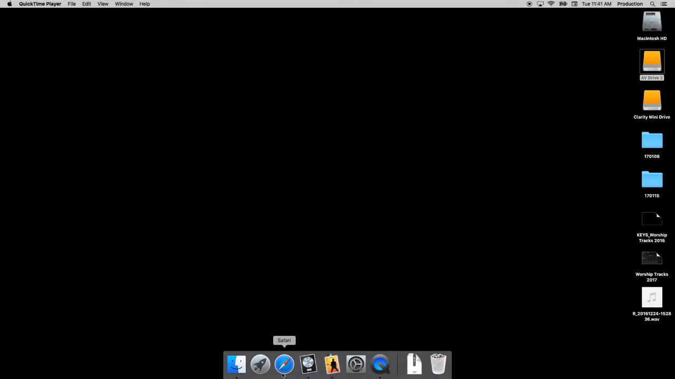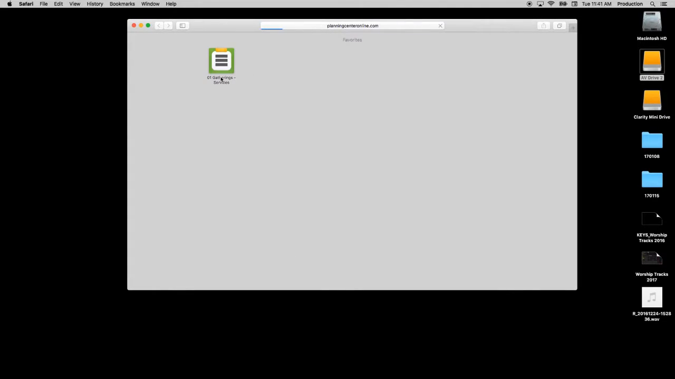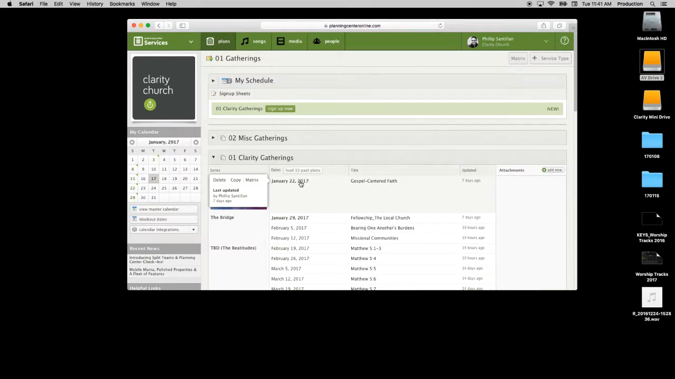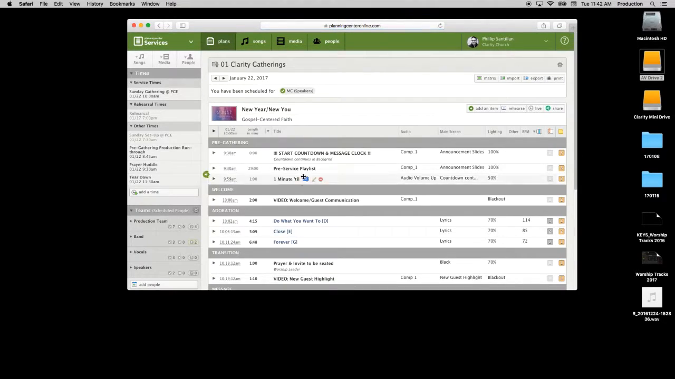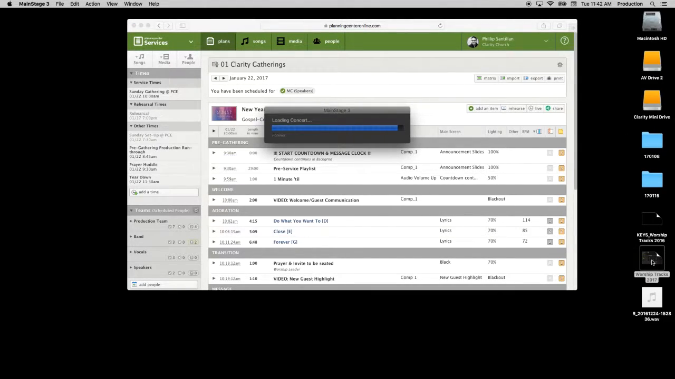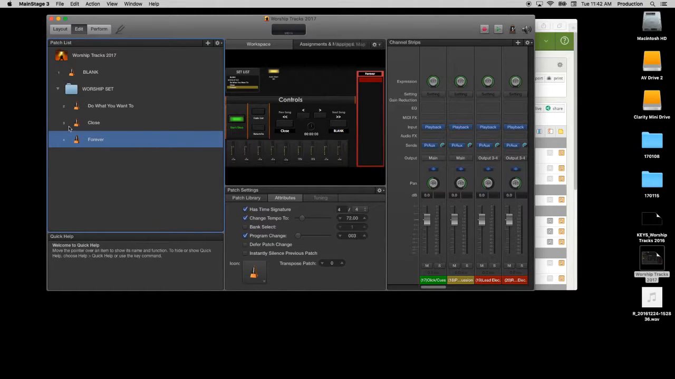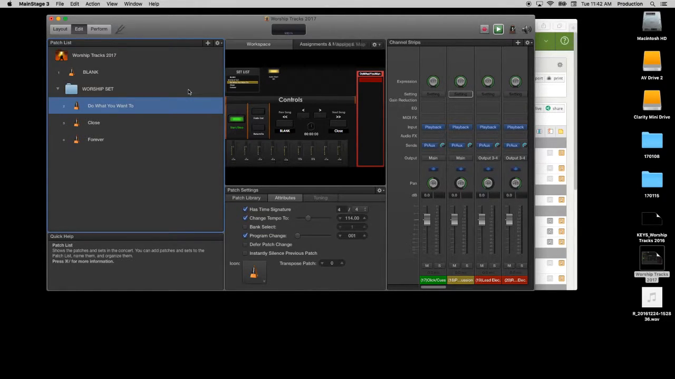So first thing is to pull up our set list for this week. This coming weekend is January 22nd. I'm going to Planning Center. These are the songs I want to pull up. So first thing I usually do is I open up the worship tracks set list. Now I kind of preloaded these already, but if this was not done, what you would do is